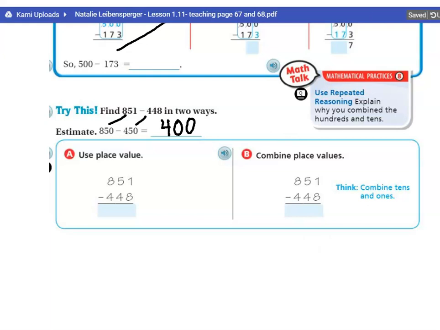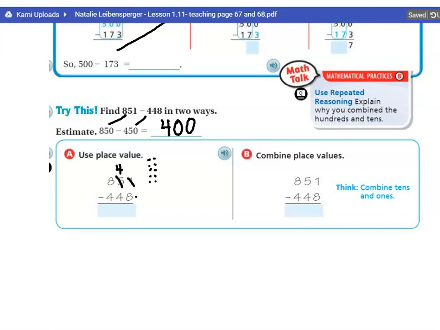So the regular way that we're used to subtracting is using place value. So I know I cannot take 8 away from 1. So I have to come on over to the tens, and I'm going to take a 10 stick away from this friend, and I'm going to share it with my ones place. And I know I'm moving 10. That means I'm moving these 10 little ones